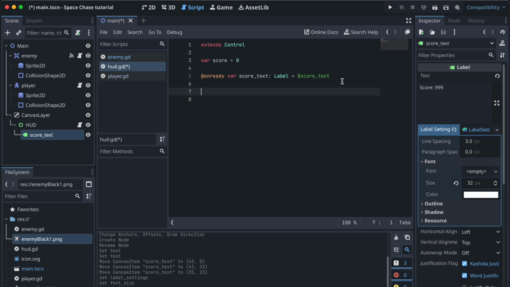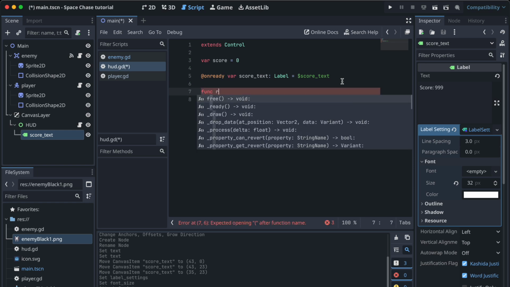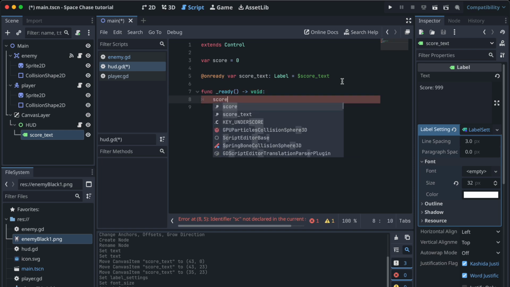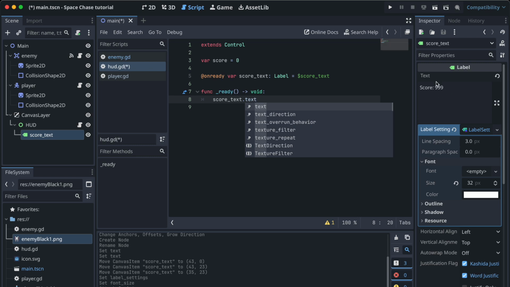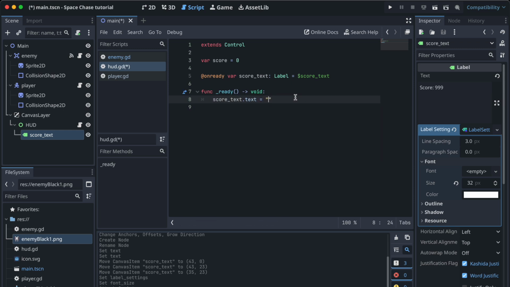And then we're going to set what the text says at the start of the game. So we can use a function called ready, and that'll run once at the start when this scene is introduced into the game. And then on ready, we want to change our score text. So we're going to go score text dot text, and that's our label over here, our text label. And we want to make that equal to a string. We're going to use the quotation marks. So score colon space